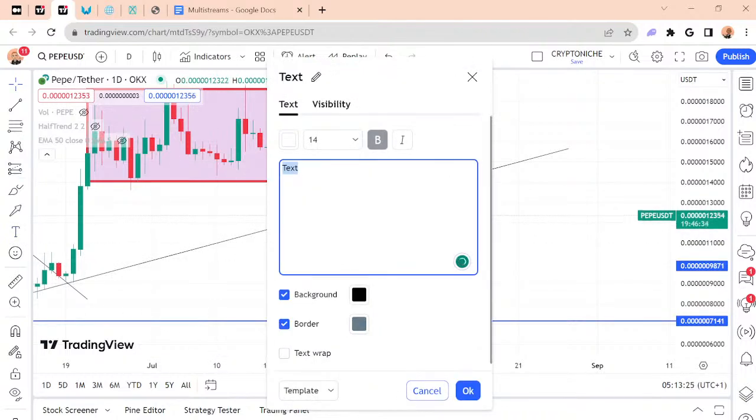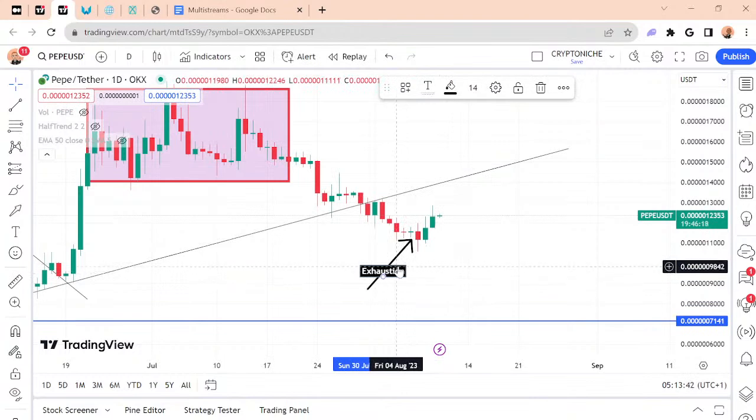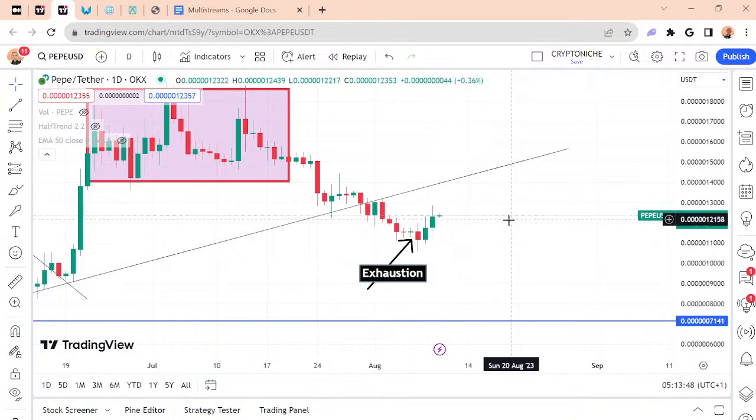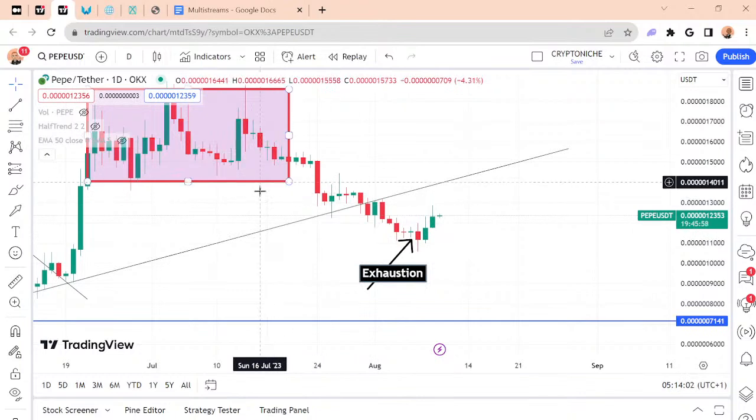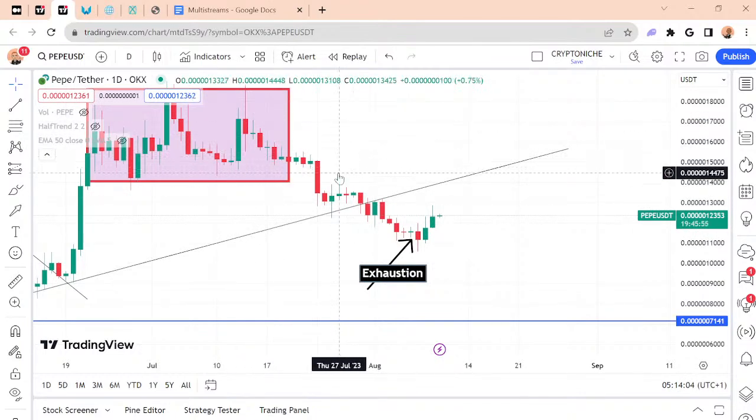So this is a bearish exhaustion. Let me just say exhaustion. All right, exhaustion right there. Did you see it? You know, that's exhaustion on the chart. So I'm gonna make it bigger. Okay, and if you look at this pattern, this is a bullish price action, because if you look at this trend,